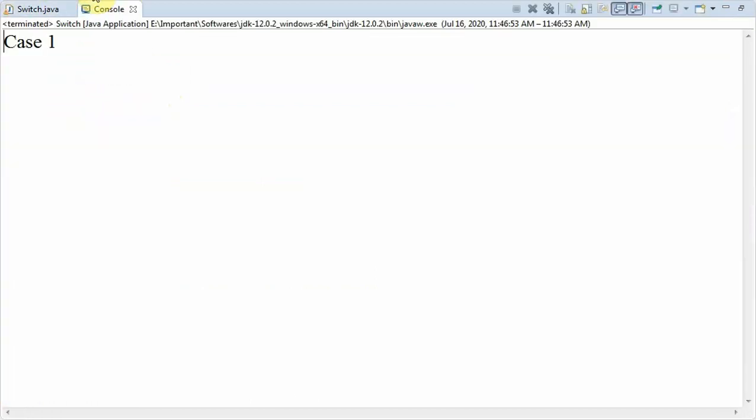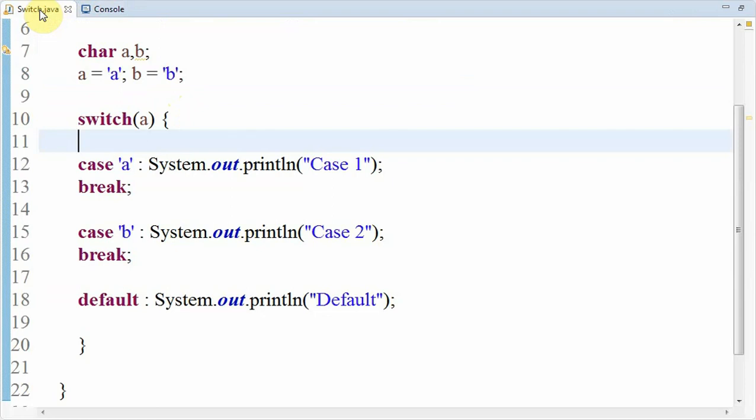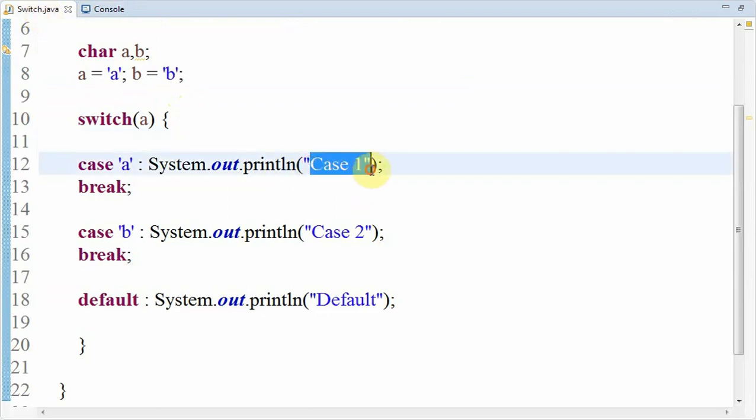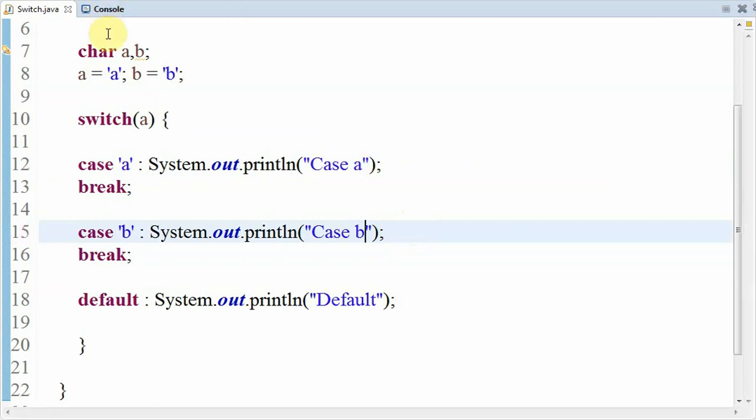Here you can observe case 1. Why is it printing case 1? Okay, let's put it this way: case a and case b. Now if we execute it will print case a. Why will it print case a?